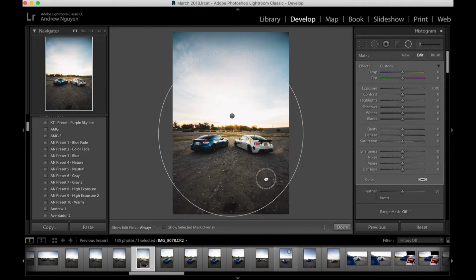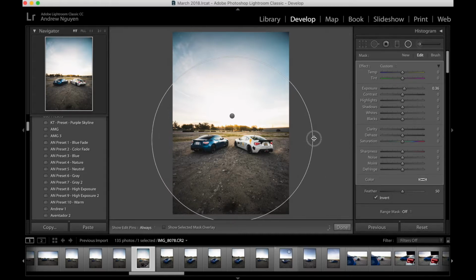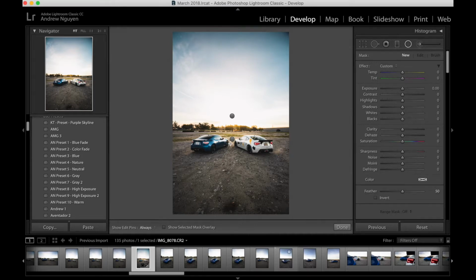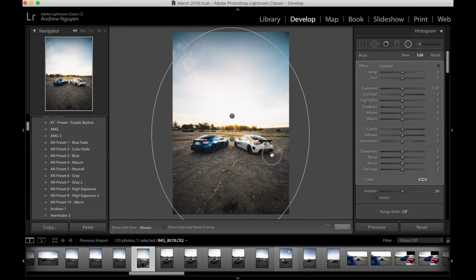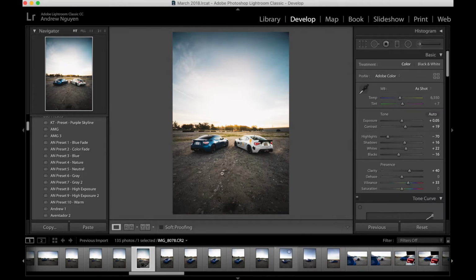A radial tool, and I'm gonna make the center a little brighter, inverting and putting up the exposure like that. So I've got to widen. There we go. And then I create a new gradient tool in the same spot, but this time I'm gonna add my own vignetting effect, like that. There we go. So what we've done so far was